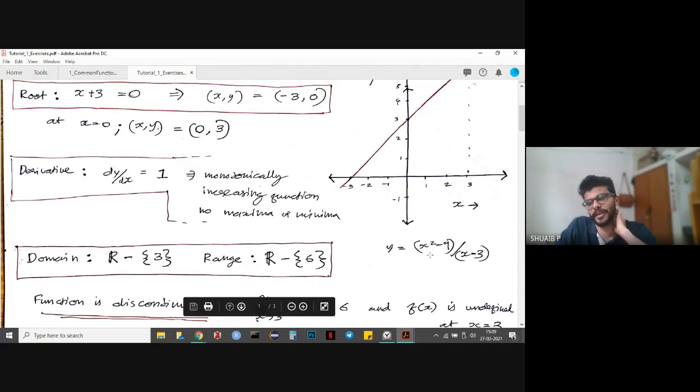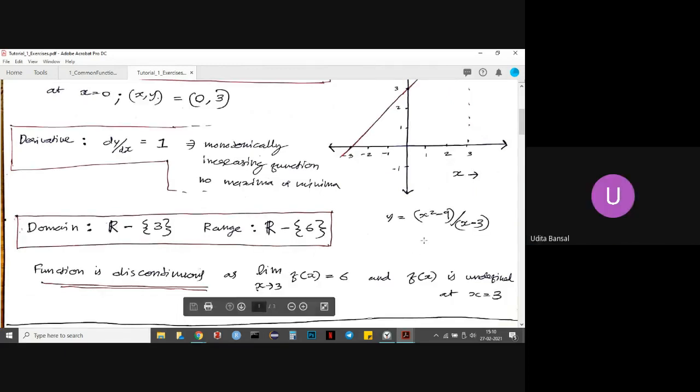So that's what L'Hospital says. Whenever we apply a limit and the limit becomes 0 by 0 or infinity by infinity form, we can't really say where the function is tending to. So at those times, if we take the derivative, it will be 2x divided by 1. So when we substitute 3, it will be 6. Okay. Thanks.